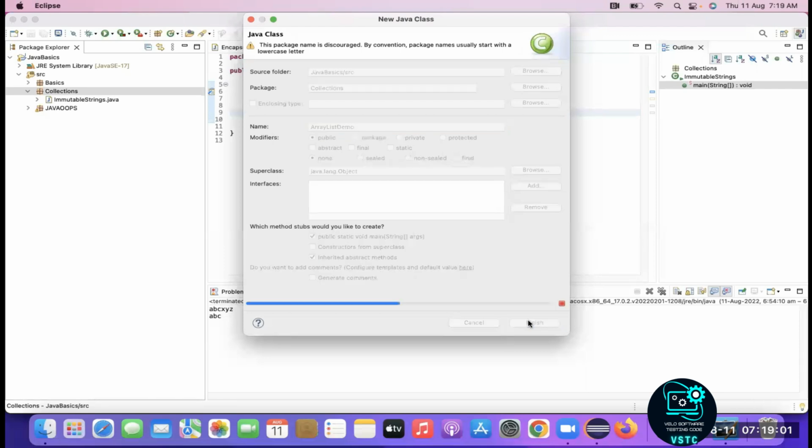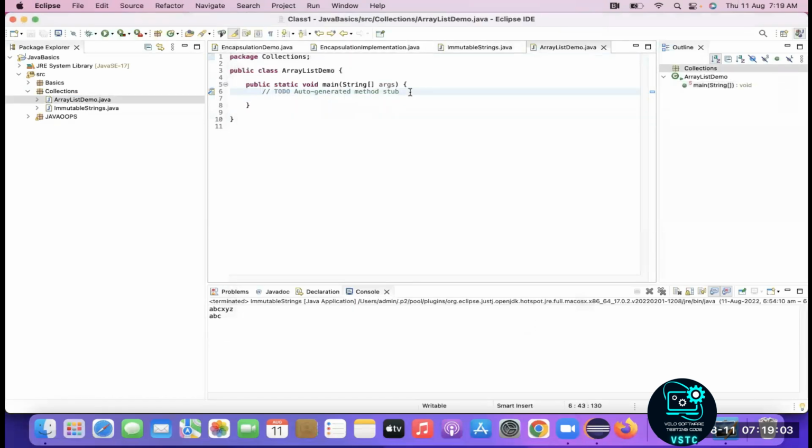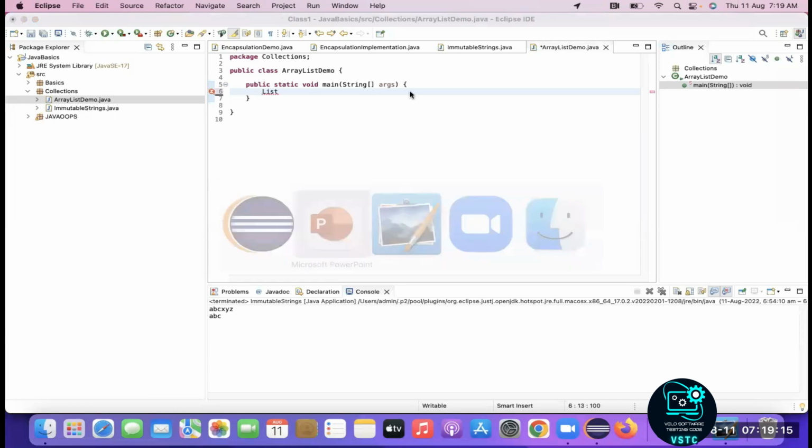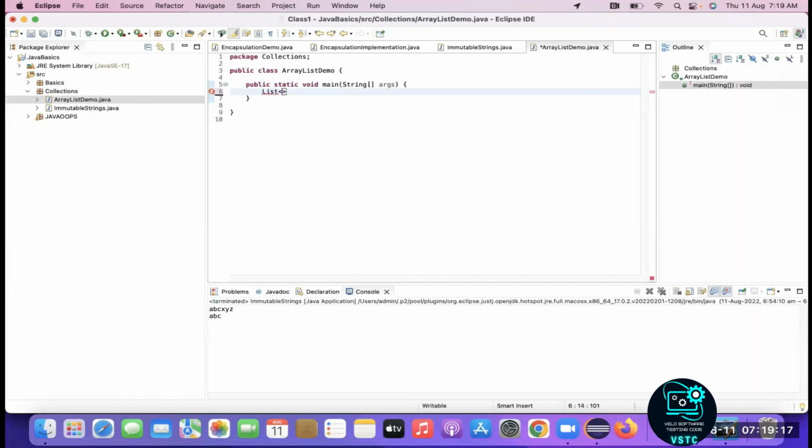Let me create public static void main. So a list can be created into an object in 2 different ways. The first one is, I want to create a list of data type int. L is equal to new